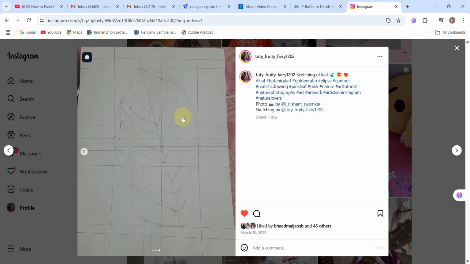How? Let us see. In this example, we have 1, 2, 3, 4, 5, 6, 7, 8, 9, 10, 11, 12, 13, 14, 15, 16, 17, 18, 19, 20, 21, 22, 23, 24, 25, 26, 27, 28, 29, 30, 31, 32, 33, 34, 35, 36, 37, 38, 39, 40 squares. So we have a matrix containing overall 40 different square cells, which stores the value of z coordinate of all these pixels.